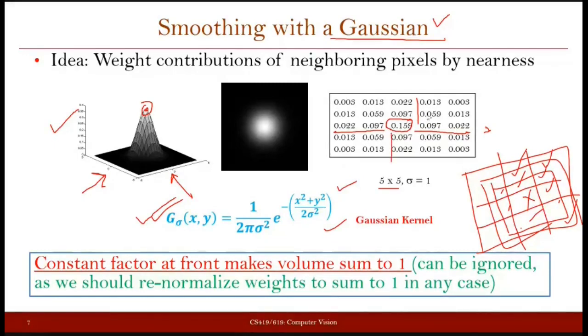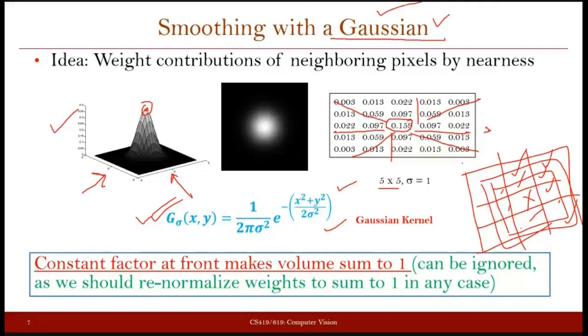Even when you move in the diagonal directions, the weight keeps reducing as you move from the central pixel. So when we want to give more weightage to the central pixel and lesser weightage to the pixels far from it, we can make use of Gaussian filtering.